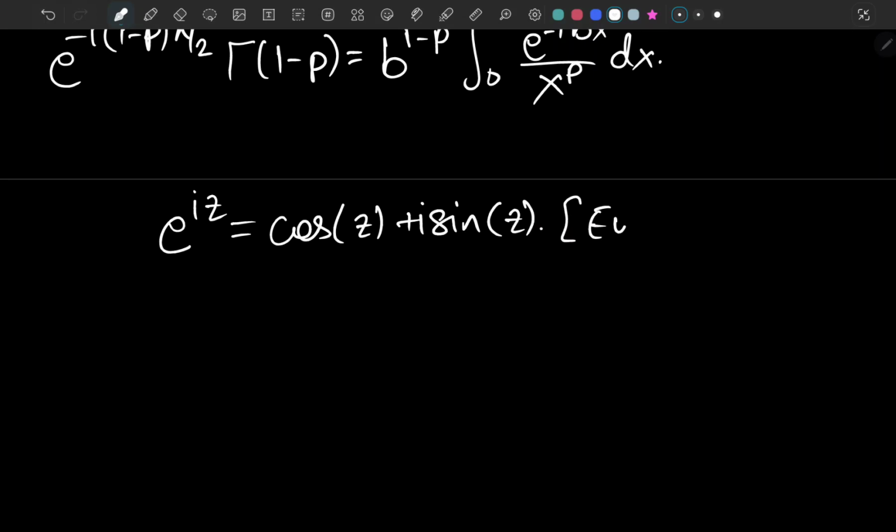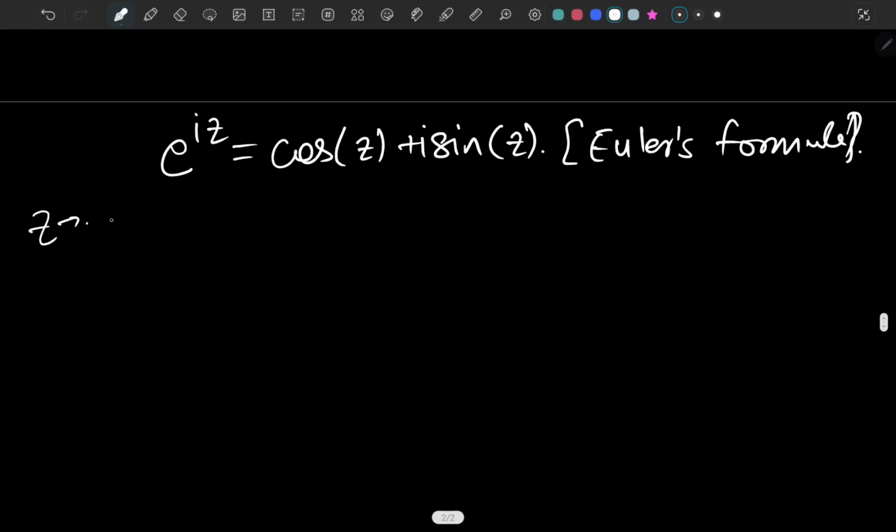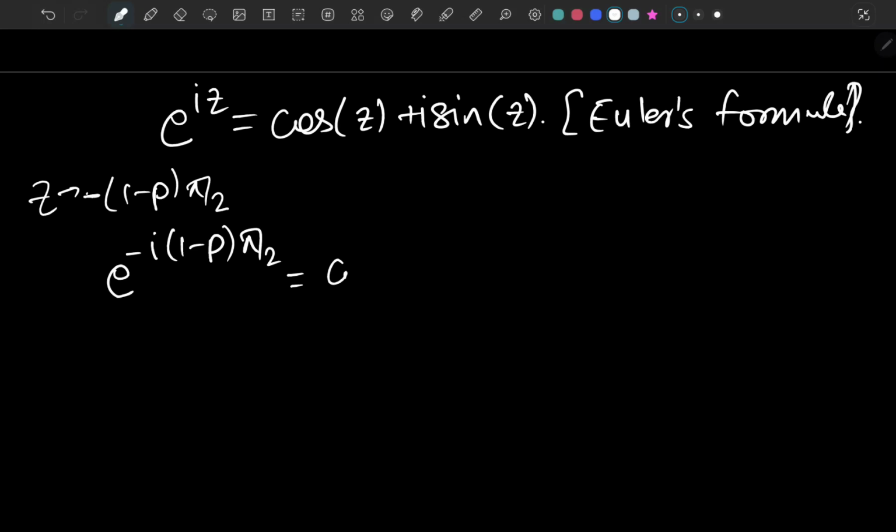This is known as Euler's formula, and I have proved this crazy relation a couple of times, so you can consider watching that as well. So basically let's just replace z with negative i times (1 minus p) pi over 2, so it's e to the negative i (1 minus p) pi over 2, which is cosine of negative (1 minus p) pi over 2